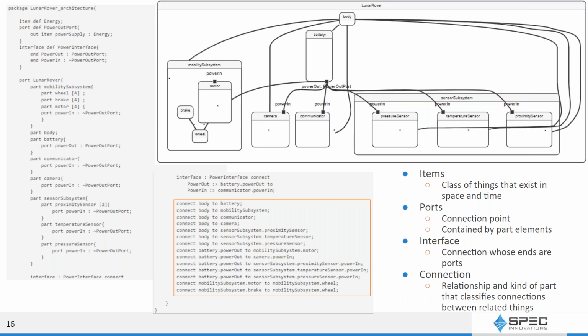One of the things with the pilot implementations is that you can't alter the diagrams that it creates. It just generates this and it'll look terrible because there's no layout feature at all. Hopefully with tooling, that'll be fixed in the future. There are two other types of connections called binding and flow connections. Binding connections are binary and assert an equivalence of the connected features, and flow connections actually transfer some payload between the ends of the connections.